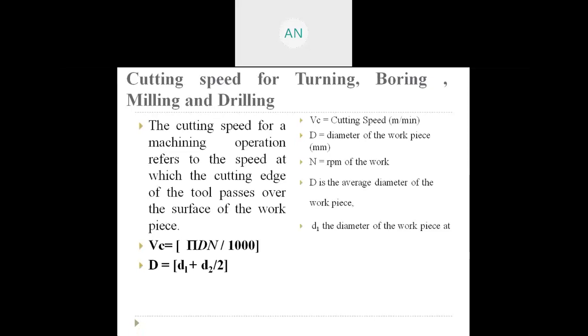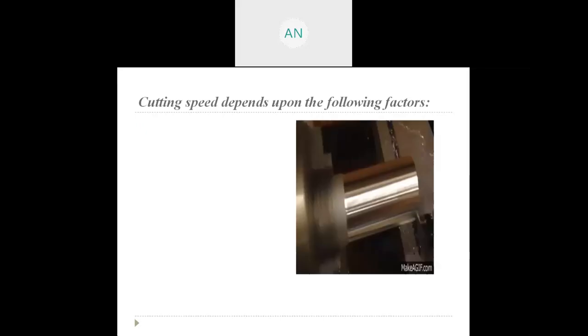Through this we calculate the cutting speed for these types of operations: turning, boring, milling as well as drilling. The cutting speed depends mostly on the following parameters. If these parameters are fine-tuned, the cutting speed will reach its optimal range. Such parameters are